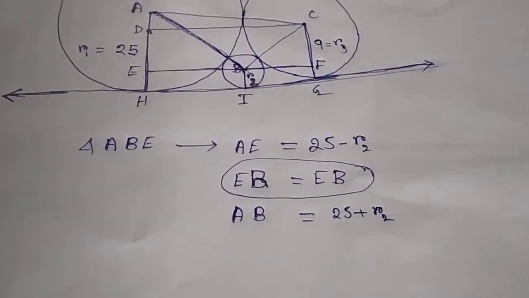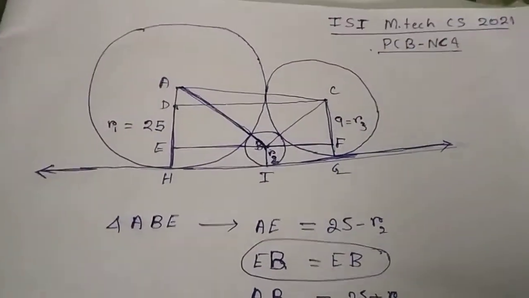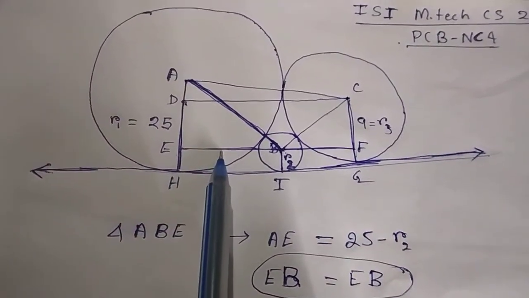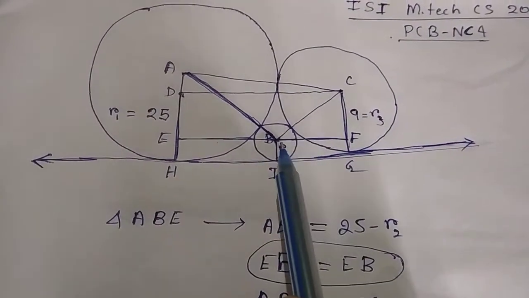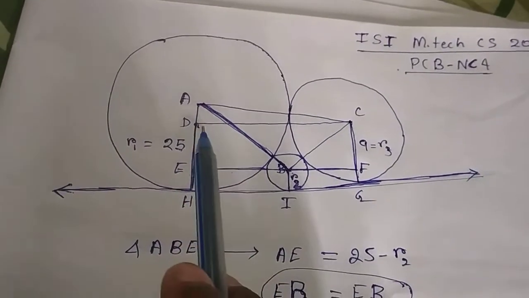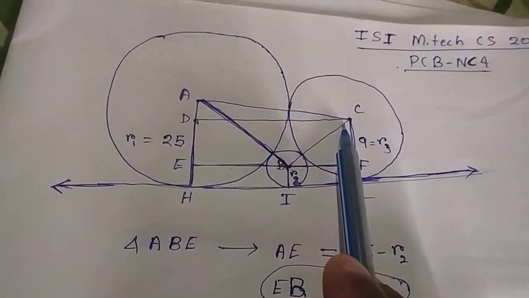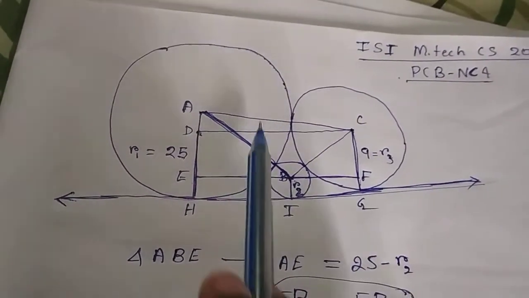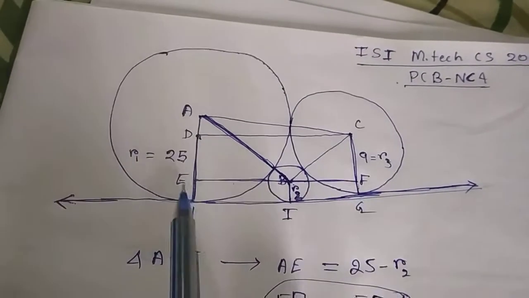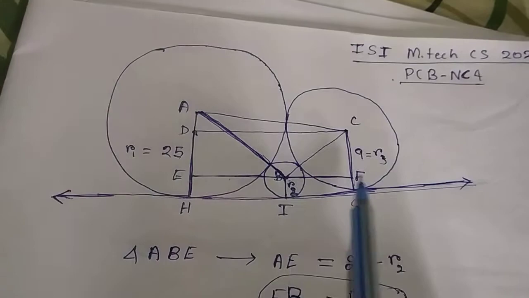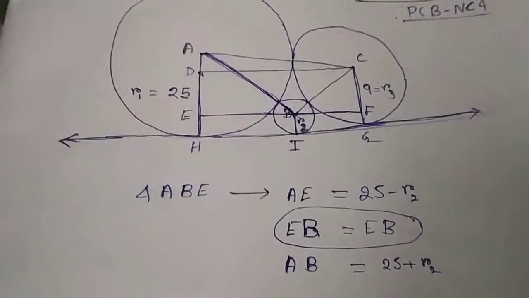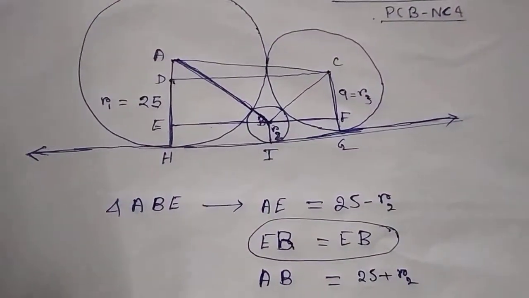Before going forward, let me explain the idea. From this triangle I'll try to find EB, and then from this triangle I'll try to find BF. Then from this triangle I'll try to find DC. When I compare this DC with EF, which is the addition of EB and BF, we are going to get a solution from there. Fine, let's try to find the solution now.